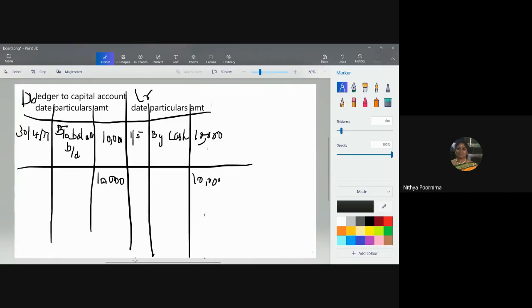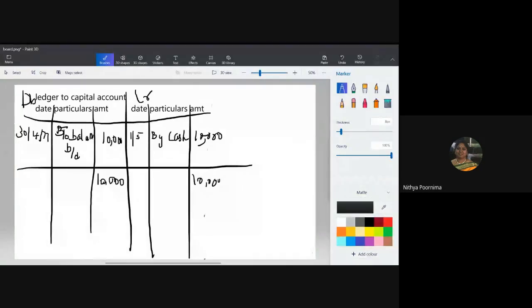So this is how we make the ledger entry for the given problem. If you know one problem, you know how to do the journal entry, you know how to do the ledger entry, you know how to balance the problem. So 3 cases are solved in one single problem in today's class. By the end of the day, either in the classroom or in your WhatsApp group, I'm going to post one complete problem which we have solved today. We used 2 days to solve it: the journal entry, the ledger entry, and how to balance the problem. If you don't have any doubts, I'll take the next problem.